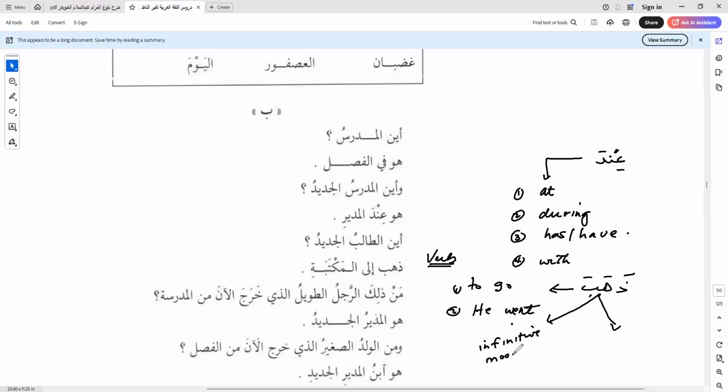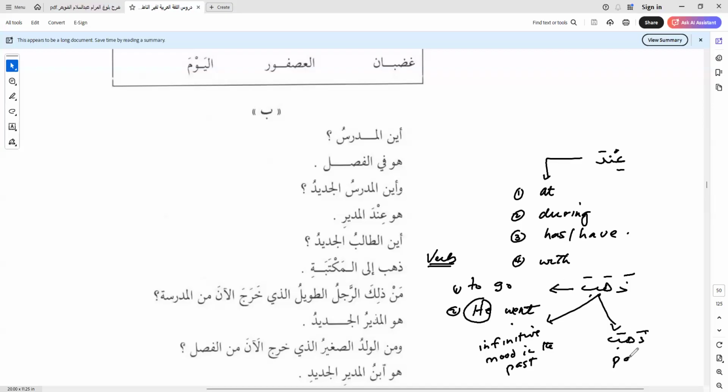So ذهب can be "to go", and at the same time, the other default is ذهب means "he went". So there is an element of he, masculine, singular, built into the past tense. So when you say ذهب,